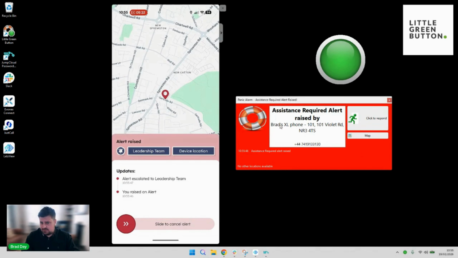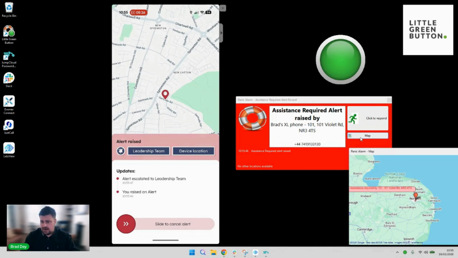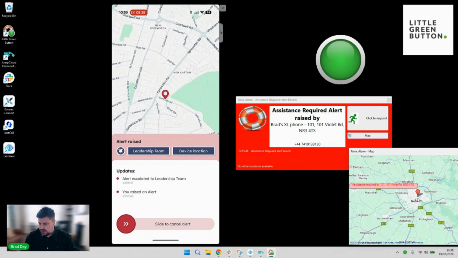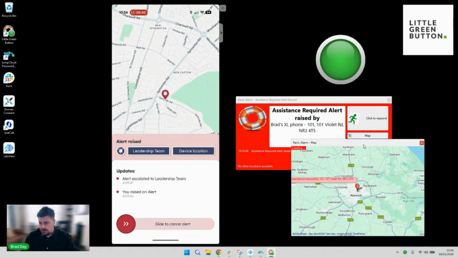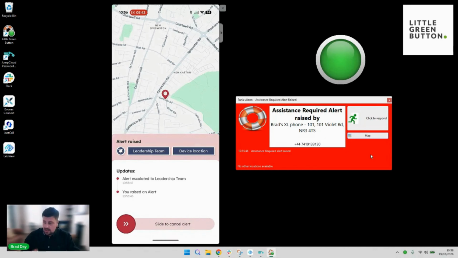I can see assistance required by Brad's phone. The address is shown there, and I can even click on the map, which will show me the GPS location of where that alert is coming from. Now, from mobile, I will have this alert raised status until I've either cancelled that alert or my colleague has